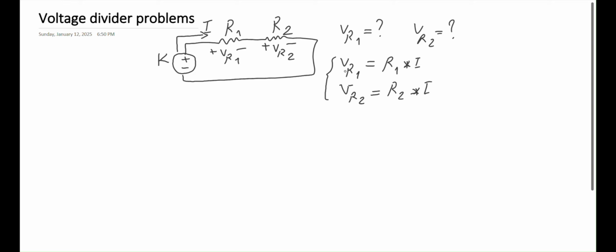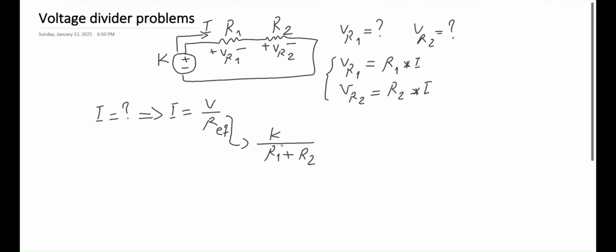In order to figure out VR1, we know R1. All we need to know is the current I. How to figure out the current I? Again, based off Ohm's law, I equals V over R. In this circuit, V is the value of the power source, which is K, and R actually is the equivalent resistor. The equivalent resistor here is R1 plus R2. So now we can substitute this I into these two